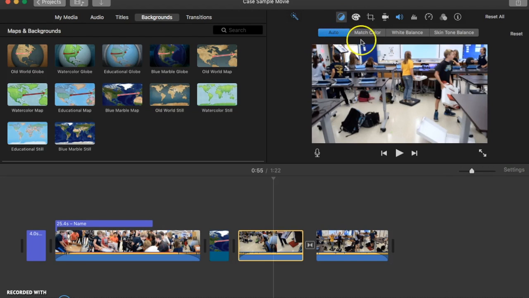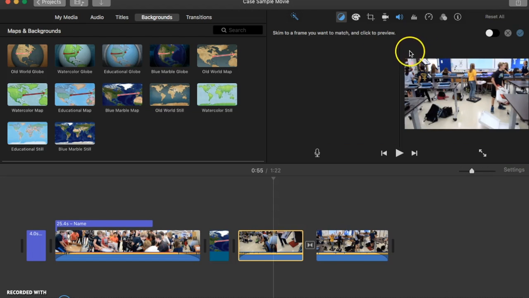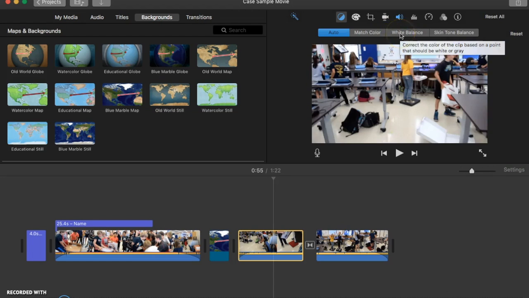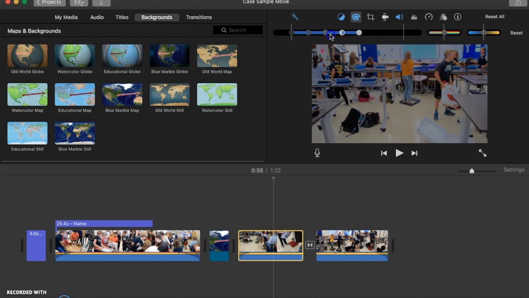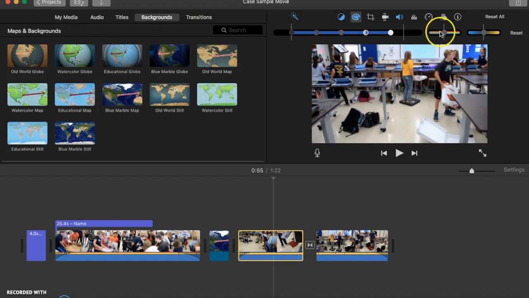If I open this up, I can either match color, and it's going to ask me which color I want to match. And then if I want to get out of there, I can do white balance, skin tone balance. I can then roll over here, and by these sliders, I can manually do a color adjustment on all three of these here, and you can kind of notice the change. So you can do some artistic stuff, or maybe if your original video is lower quality, you can raise that